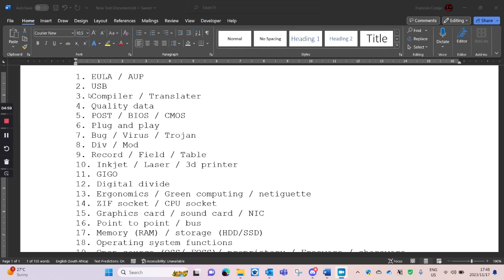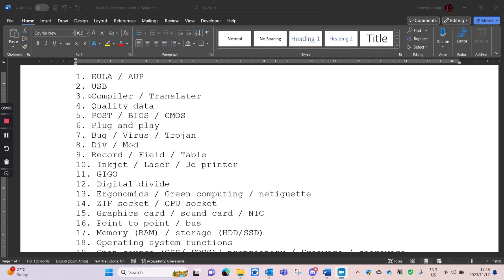Like with these two, sometimes they really like to ask what is the advantage of the one over the other. With a translator, because you go line by line, even if there are errors, you can still test the first part of the program. That's what's nice about a translator, because it will work until it gets to the error. While with a compiler, if there's an error, it can't run at all.